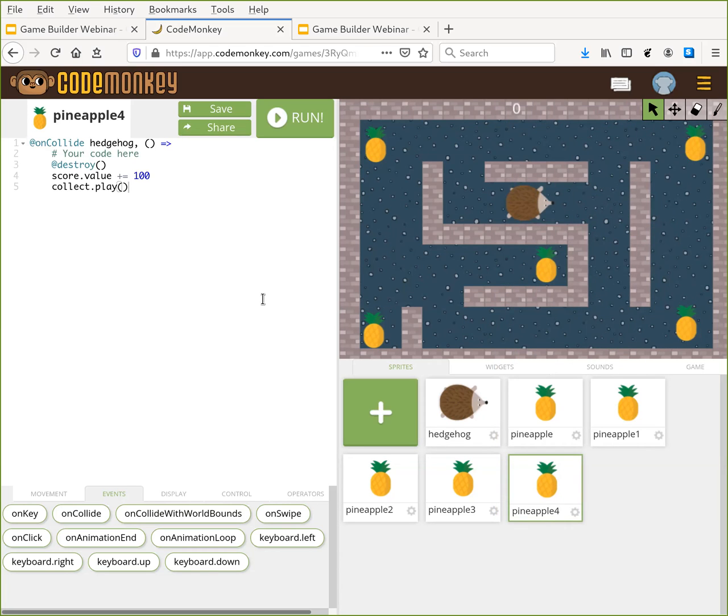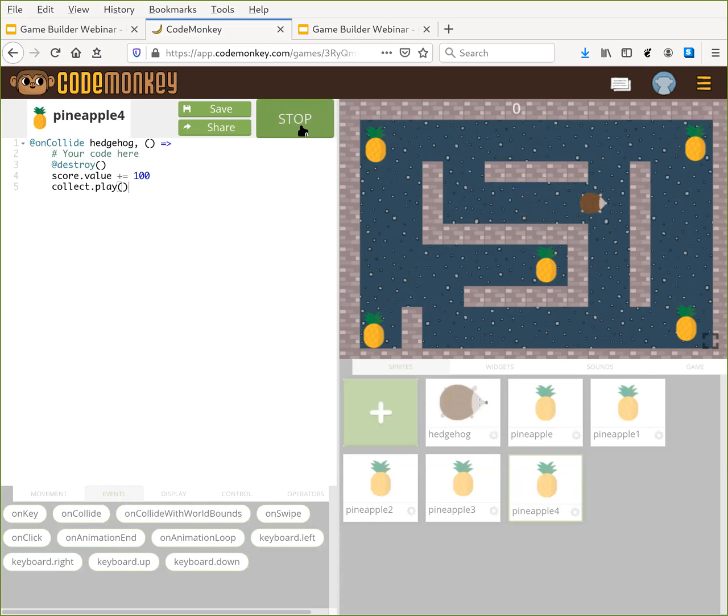The other tool that's available to you is, remember I mentioned that there are 3 courses that go with Game Builder. They walk you through the building of 3 different games step by step. One is a platformer type game like Super Mario. One's a Frogger game. It's a little bit similar to what we've created here. And then one shows you how to do animated sprites. Hedgehog's little feet move when he moves. That animation, you can create animations like that on your own.